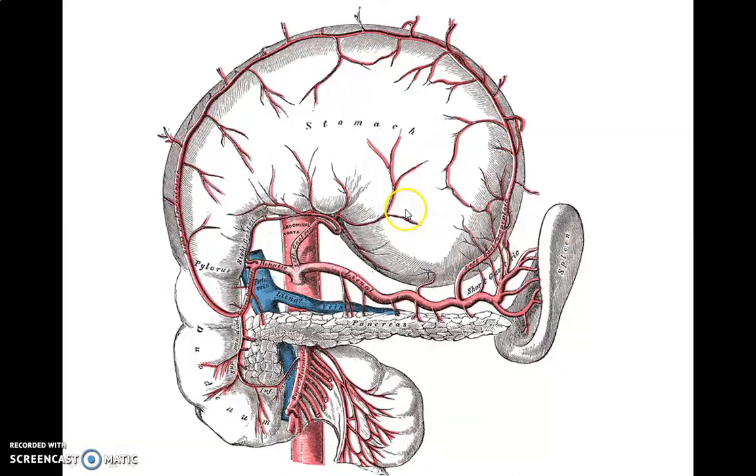This again shows the same blood supply of the duodenum from the celiac trunk and the superior mesenteric artery through the superior and inferior pancreatico-duodenal branches. Venous drainage: the veins drain into the same named veins, that is the pancreatico-duodenal veins, and ultimately drain into the superior mesenteric vein and the portal vein. Lymphatic drainage of the duodenum is into the pancreatico-duodenal group of lymph nodes, which are present in the groove between duodenum and pancreas, and they ultimately drain into the superior pancreatic group of lymph nodes and the celiac group of lymph nodes.